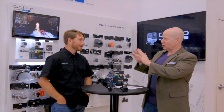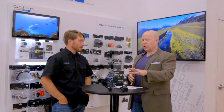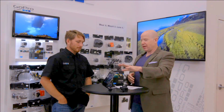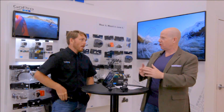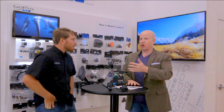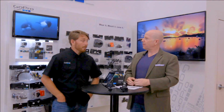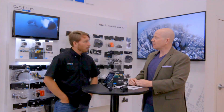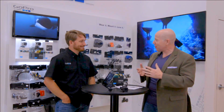I know you're not on the sales side, but when I look at a camera like this and I look at the $399 suggested retail price, I'm starting to wonder why people just wouldn't go after this unit. I guess there are higher video rates on the other units. If you're looking for 4K, you're going to go with the regular Hero 4. So this unit, do we have any idea when it's going to be available? July 12th, so this Sunday coming up. This Sunday, so we need to get out there to uniquephoto.com or visit the Superstore here and order our HERO4